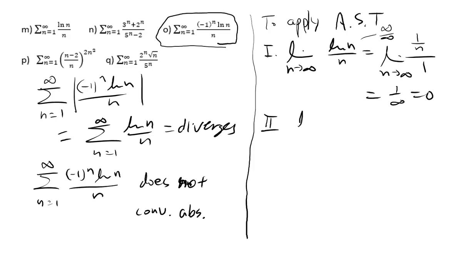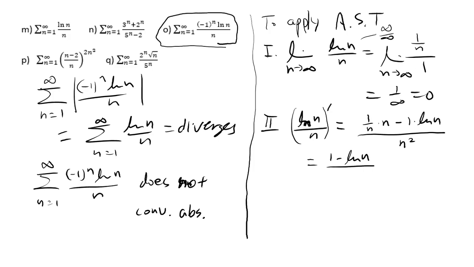Second, we have to show that ln n over n is decreasing. When both top and bottom are increasing, it's hard to see what's increasing and what's decreasing. To show that the entire thing decreases, it's a good idea to just differentiate it and show that it's negative. So we apply the quotient rule here. Differentiating ln n gives you 1 over n times the bottom, which is n, minus the derivative of n times ln n, and you have the denominator squared, which is 1 minus ln n over n squared,